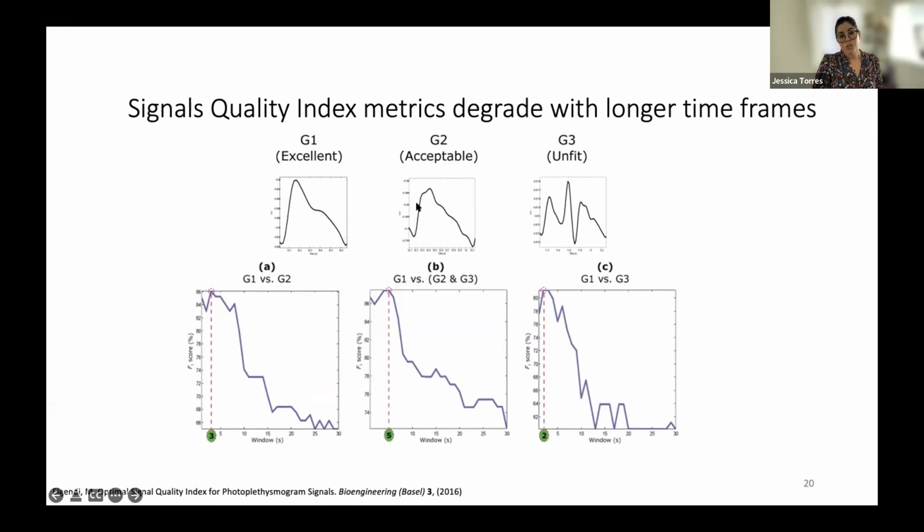and acceptable. So you can kind of tell that there's a peak here in G2. We see the slow degrade of blood leaving. In G3, we see multiple peaks, and we're unclear whether the true peak from the actual pulse is there. So we're not quite sure if, let's say, the first peak is the correct one or the second one. So this would be an example of an unfit or a poor signal quality, because we're not able to say, you know, this is the true peak from the blood source. This is actually from noise.